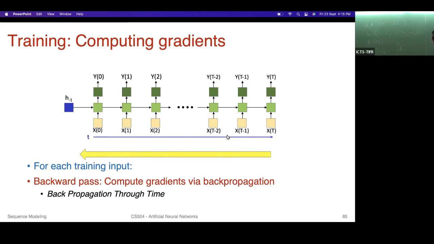Okay, so now if I have to compute dou L by dou h_(T-1), what are the two terms that I have to look at? L capital T and L capital T minus 1. So you will have this particular loss, right? This particular gradient, and you would also have to look at the other term. And how do you get this? Chain rule, right? So this will turn out to be